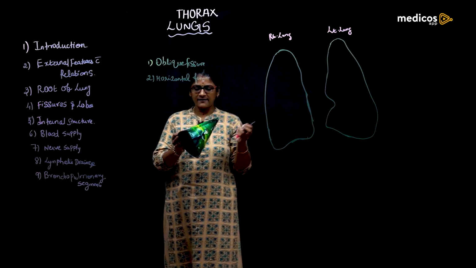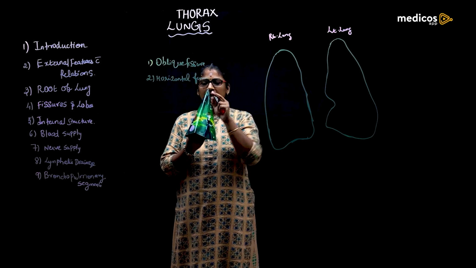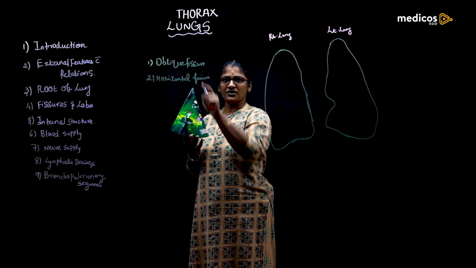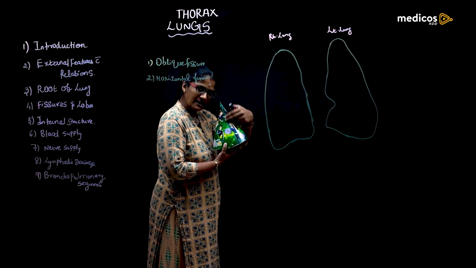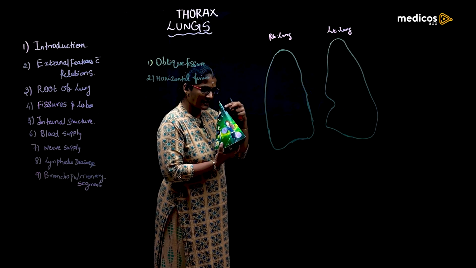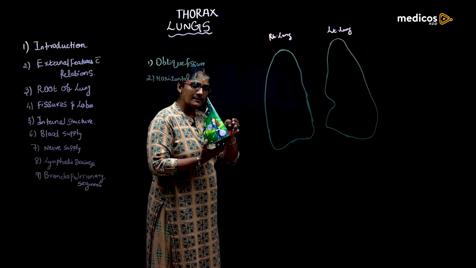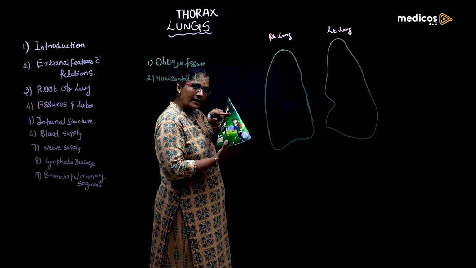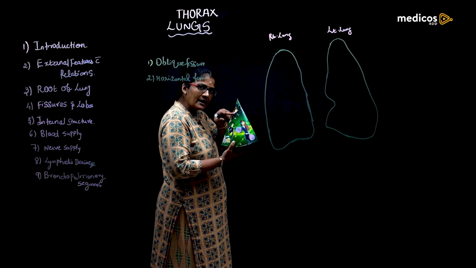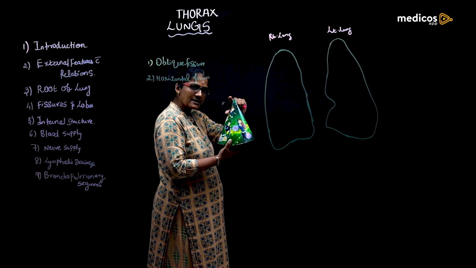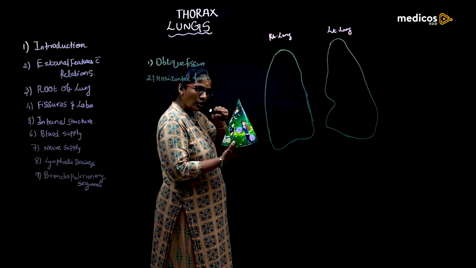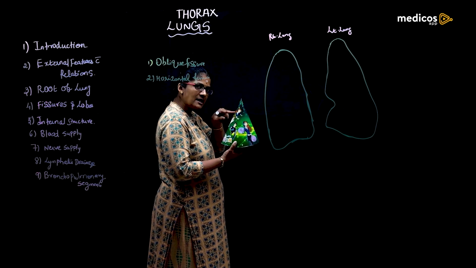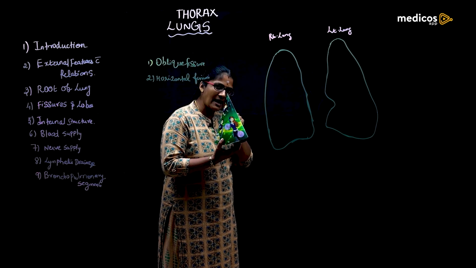Consider this is our right lung. Here we know that this surface will be the medial surface, with the anterior border and the posterior border, and this one will be the lateral surface. Now the oblique fissure starts from the medial surface, cuts the posterior border 6 centimeters below the apex, then it runs downwards